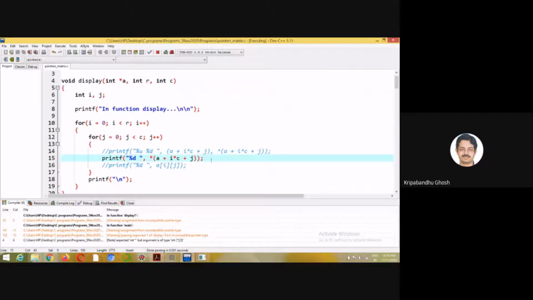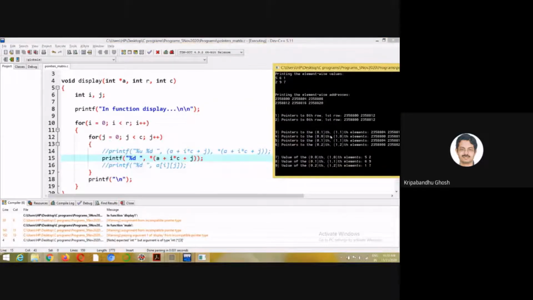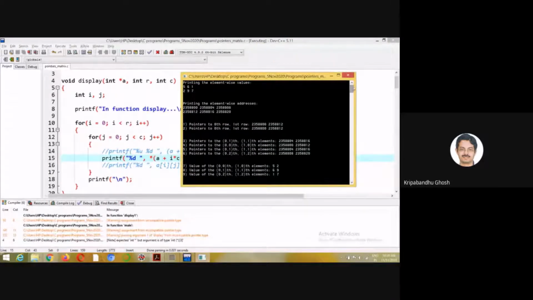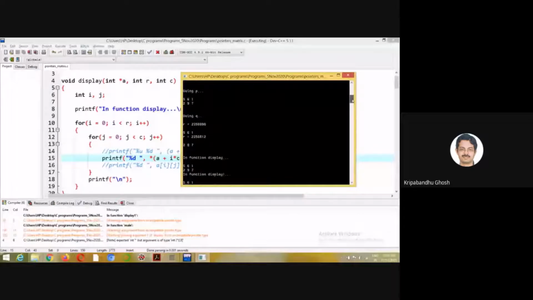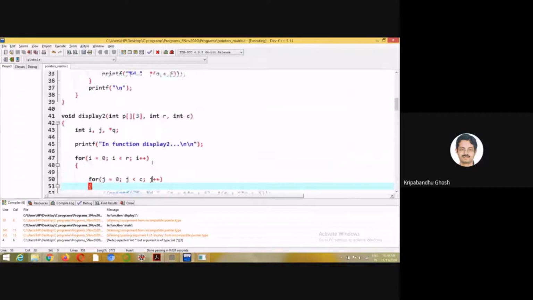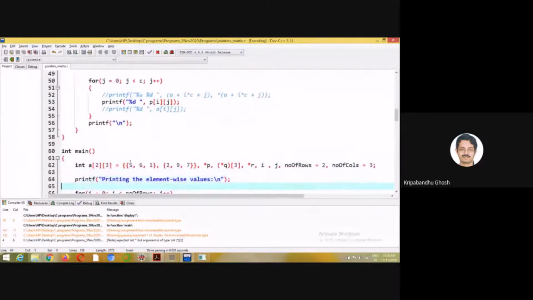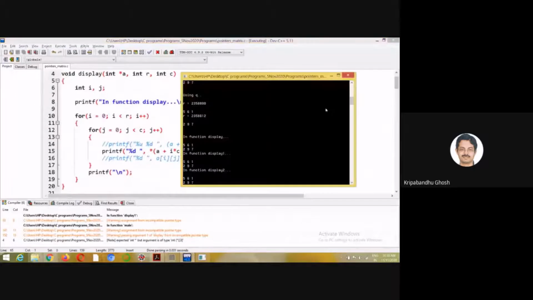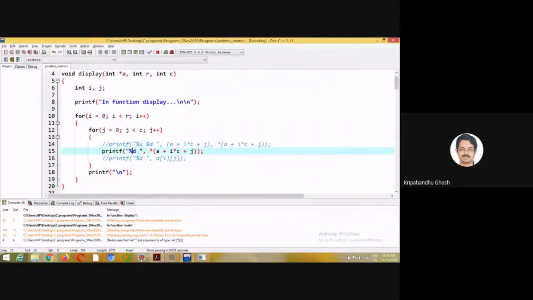So yeah, you already can see the results, right? We are in function display. See, you can print this 561297. That was our array, basically our matrix that we are printing here, right?